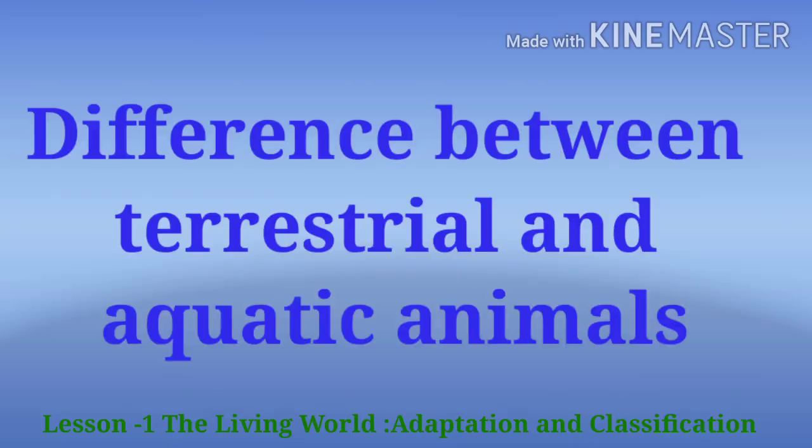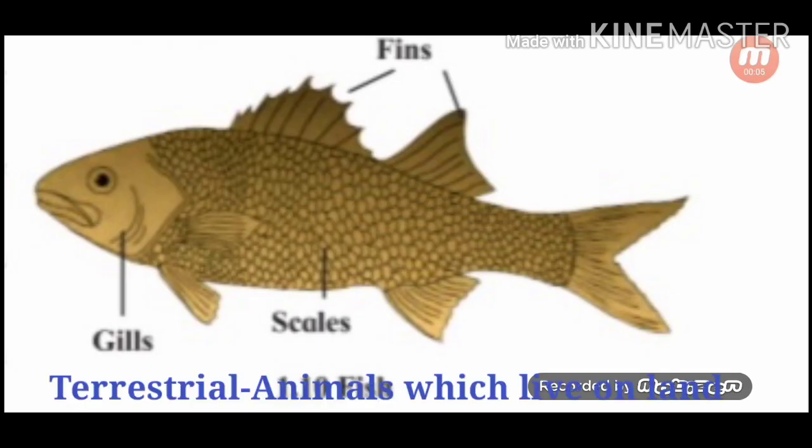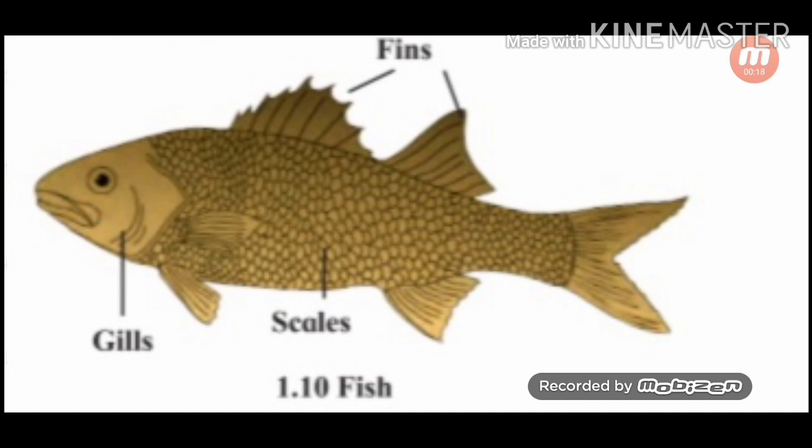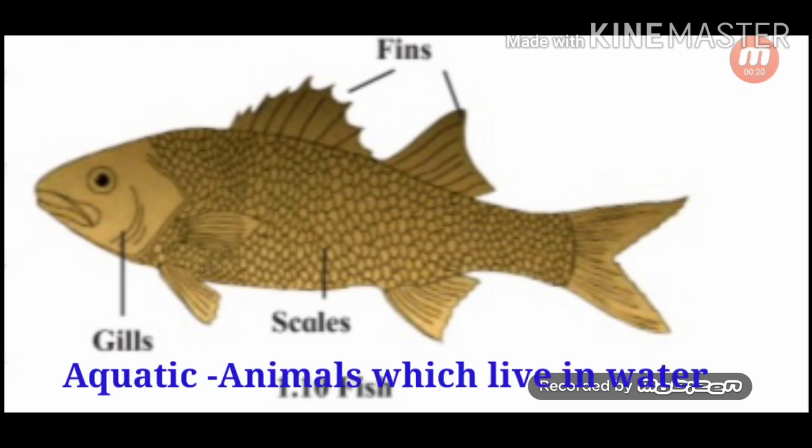Now, let's see in this video what is the difference between terrestrial animals and aquatic animals. As compared to terrestrial animals, the skin and body shape of aquatic animals appear to have undergone changes. Fishes have scales on the skin and fins on the body. Their body tapers towards both its ends, like a spindle. Fish breathe with gills instead of a nose. Their eyes have transparent eyelids. They have air bladders within the body to help them to float.